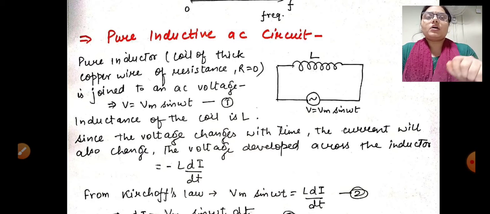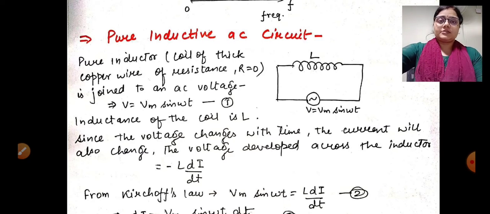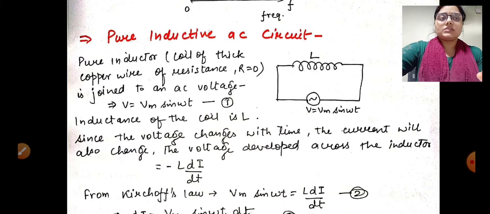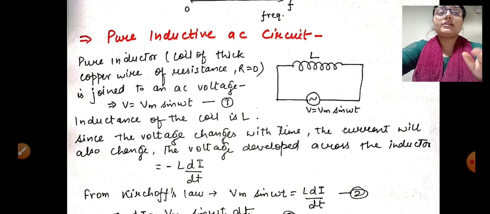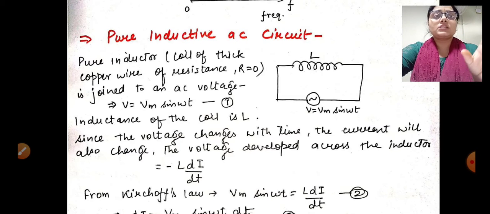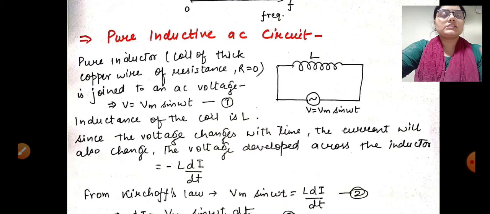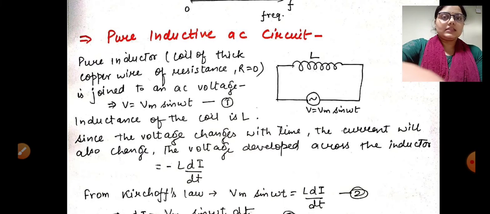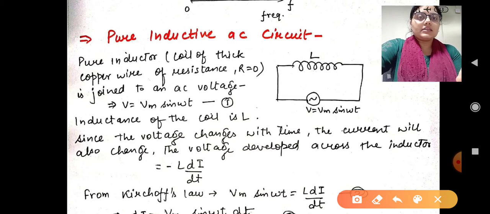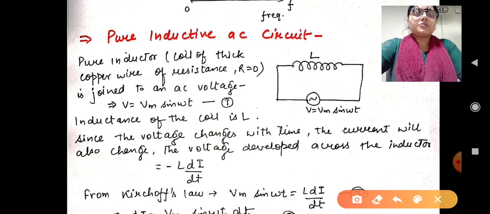Now, the pure inductive AC circuit, this we have studied already in our yesterday's video, and in that I told you that you have to grasp each and everything of these individual physical devices, so that when we study the merging portion of the RL, RC and LC circuits, it will not be difficult for you. Clear?